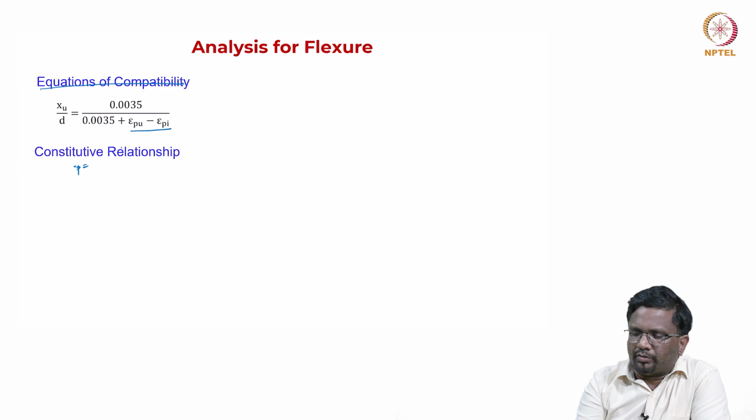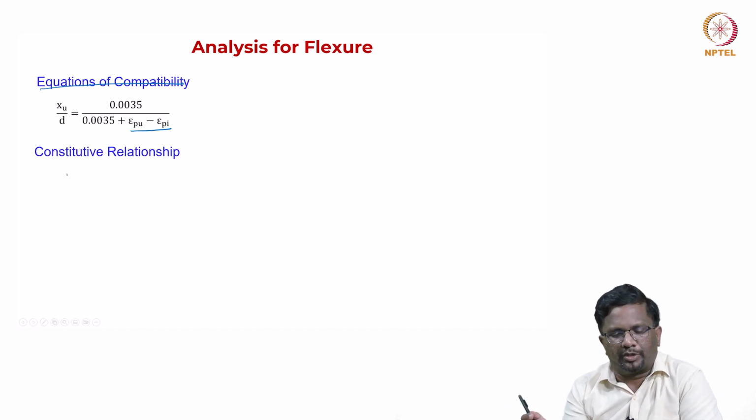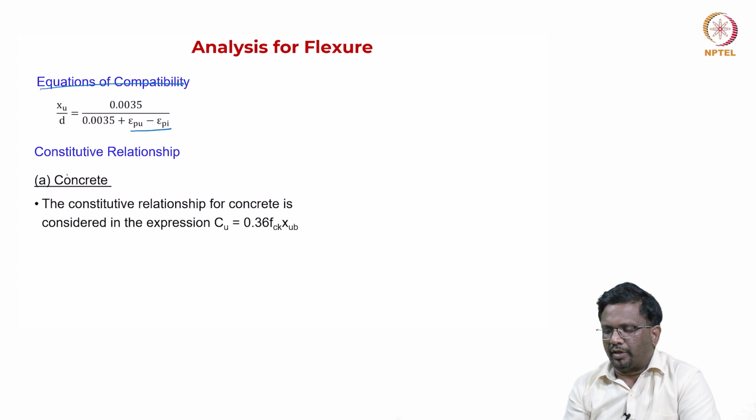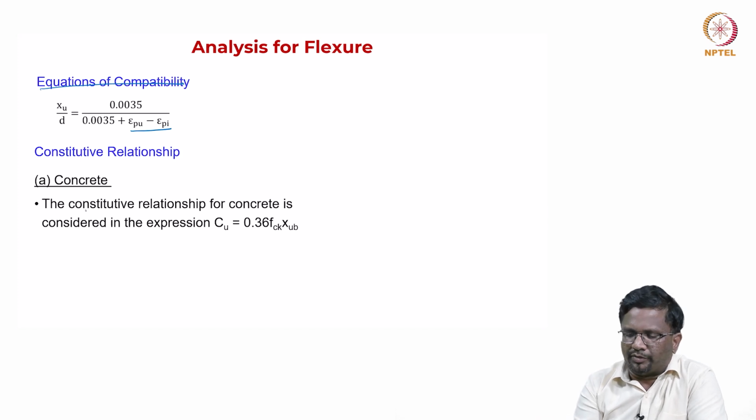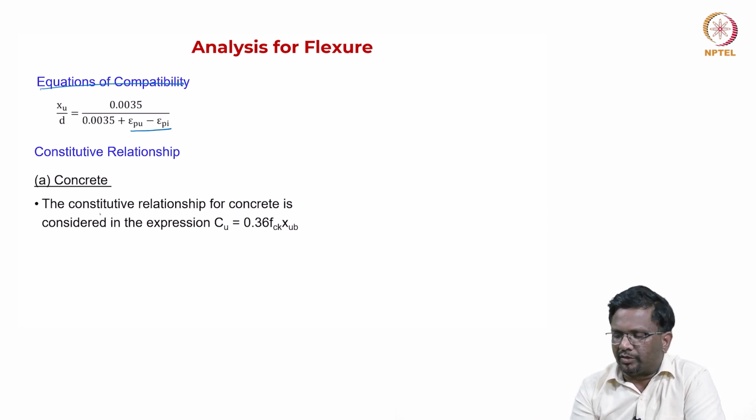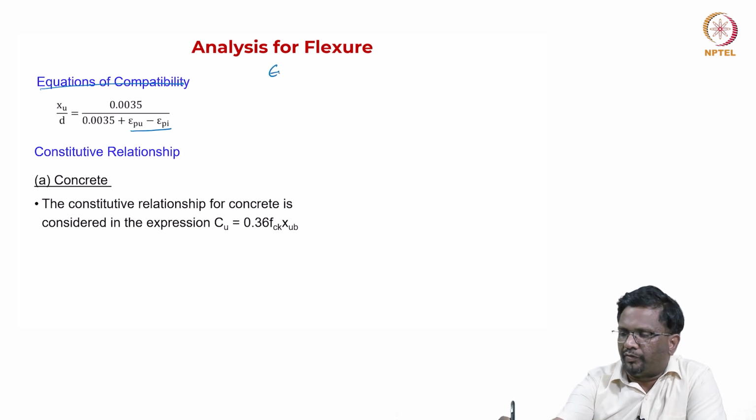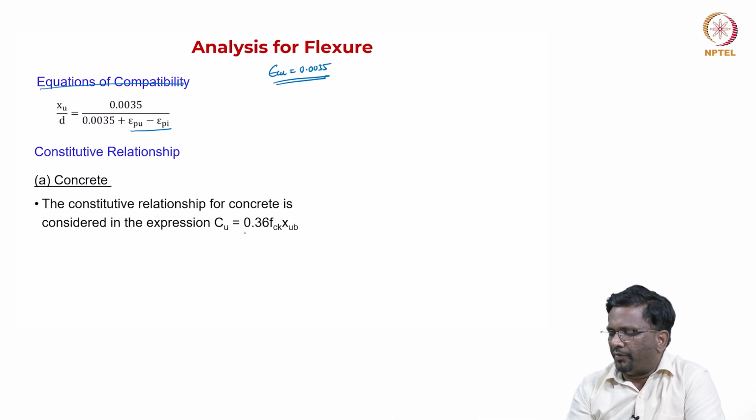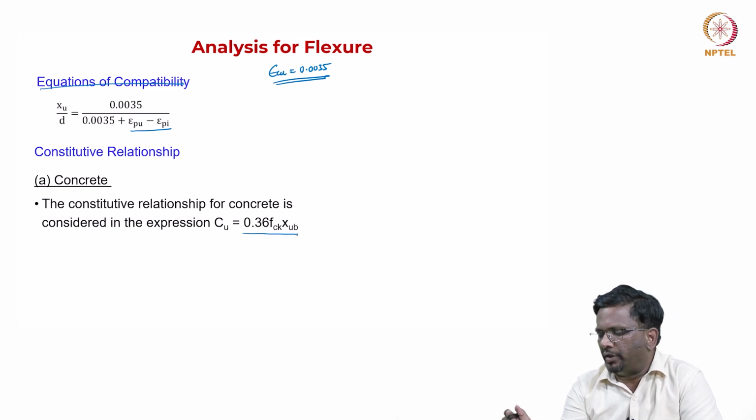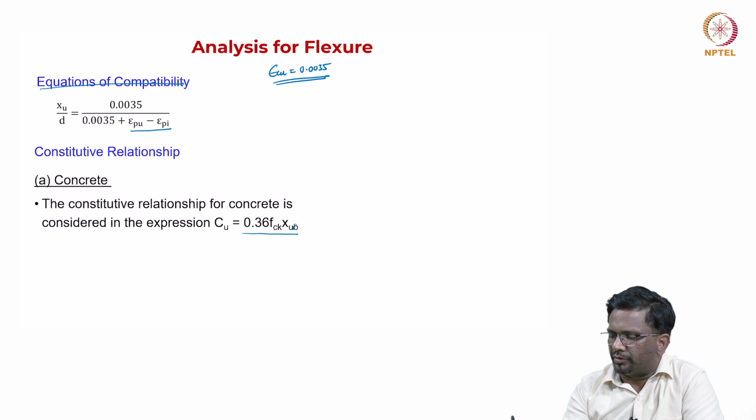And let us see now how the constitutive equations are coming. For concrete, again as explained in the previous slide, we are going to use design stress strain curve for concrete, and for the compression force the integration has already been done, unlike what we did using Whitney stress block parameters, because we are doing calculations only for epsilon cu equal to 0.0035. So, that is the condition. For that, if you integrate, the entire compression force is going to be 0.36 FCK into B into XU. So, this should be B,